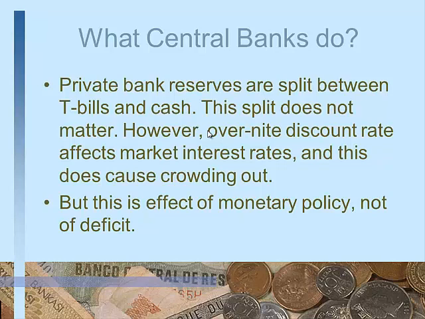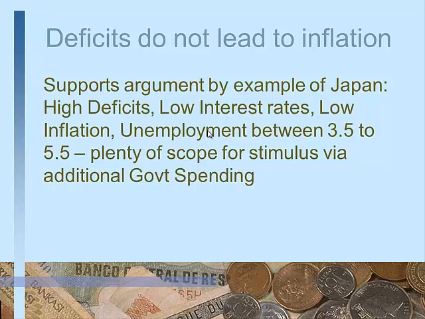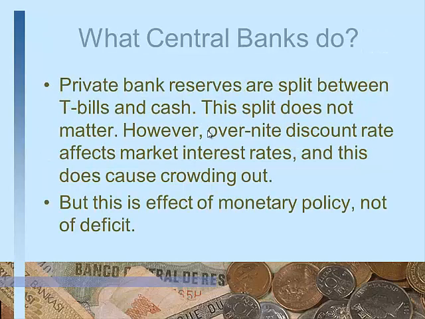So there is a split. I mean, there's a proportion of money which is held as T-bills, and a proportion held as cash. But this is an effect of monetary policy. This is not an effect of the deficit. So why am I saying this? Because the general picture is that the government has to choose between